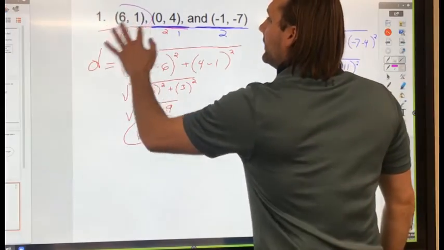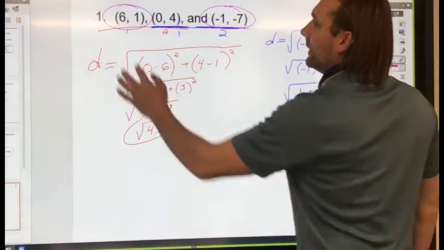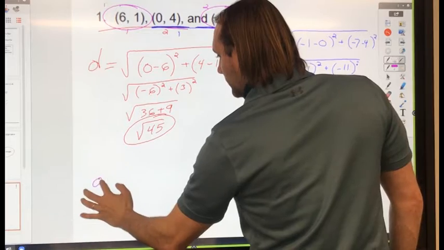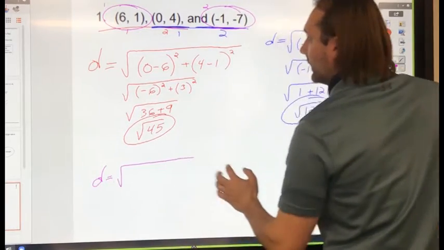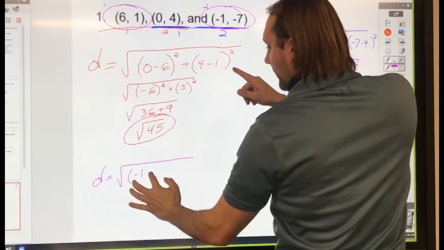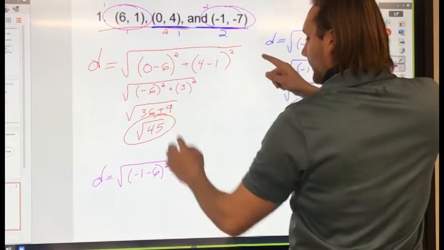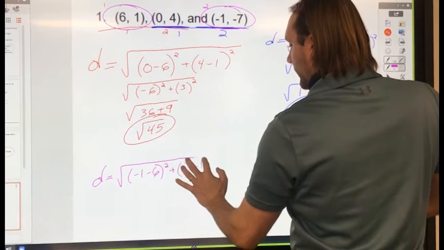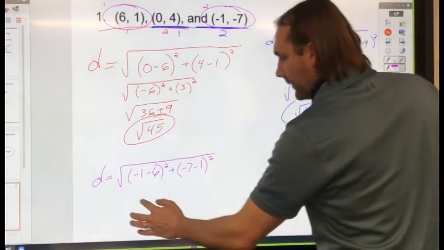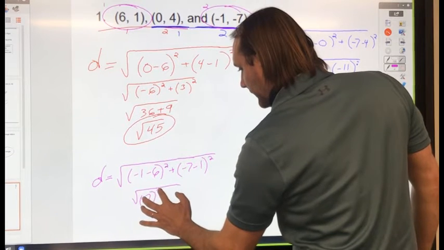I need to find the distance between (6, 1) and (-1, -7). Again, I'm going to call that 1 and that 2. So d equals the square root of my x difference, -1 minus 6 squared, plus my y difference, -7 minus 1 squared, and simplify. So that's the square root of -7 squared